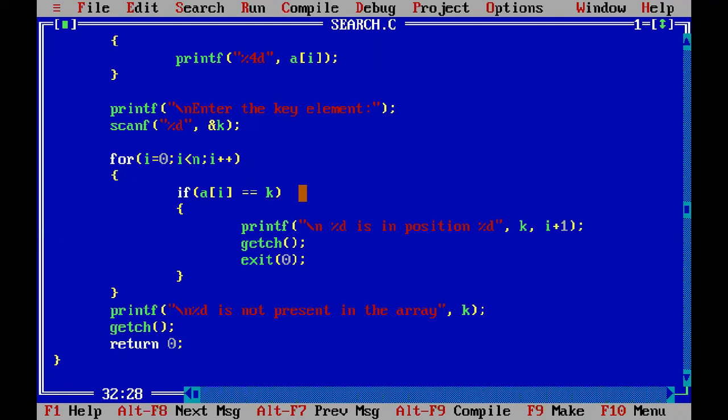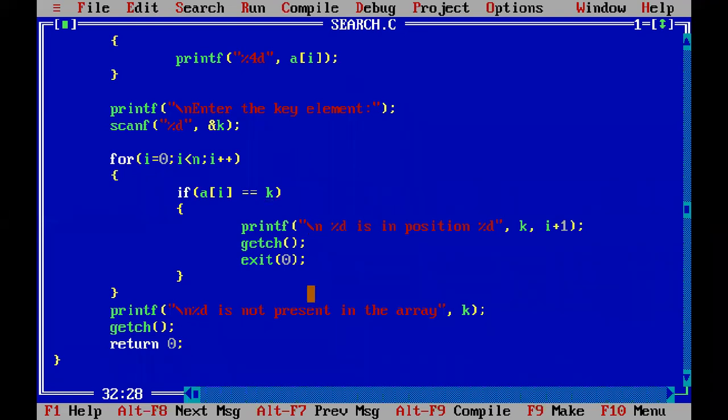So if I enter 4, 1, 2, 7, these are the elements in my list, and I'm looking for 2. According to the numbering, 4 belongs to index number 0, 1 belongs to index number 1, and 2 belongs to index number 2. But 2 is not the second element, 2 is the third element. So you have to simply add 1. Index is always 1 less than the position. So you have to simply add 1. That's it. So that is what I did.